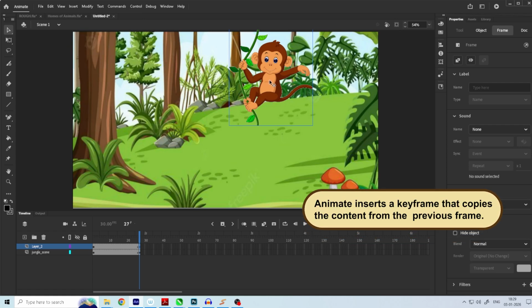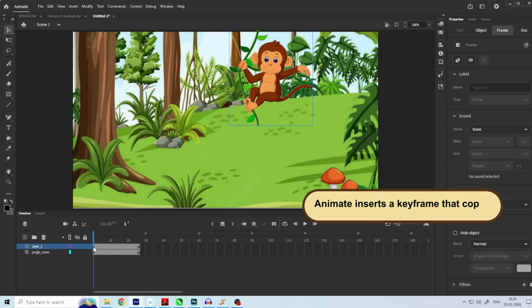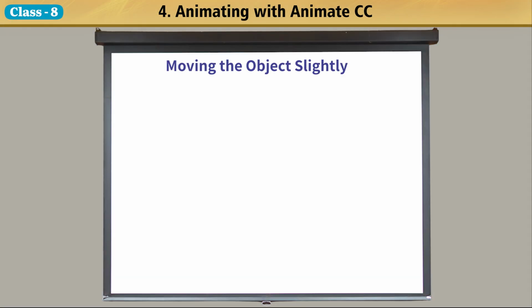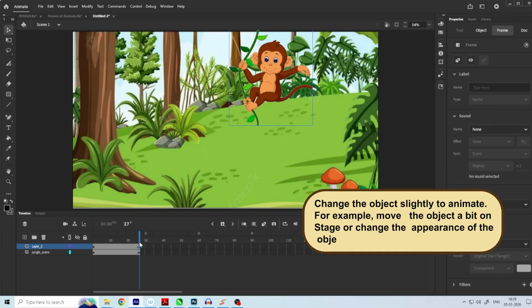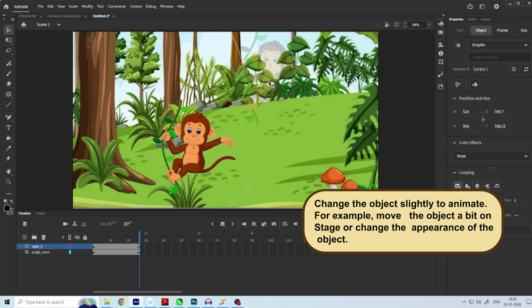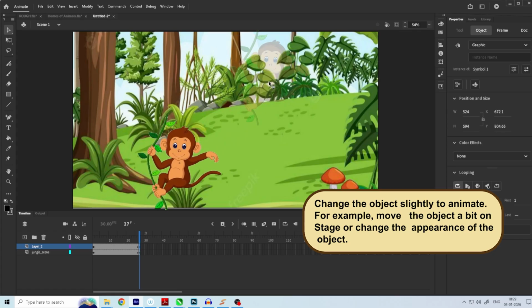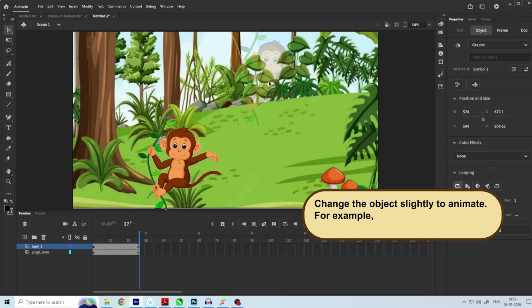Animate inserts a keyframe that copies the content from the previous frame, moving the object slightly. Let's learn to move the object slightly. Step 13. Change the object slightly to animate. For example, move the object a bit on stage or change the appearance of the object.